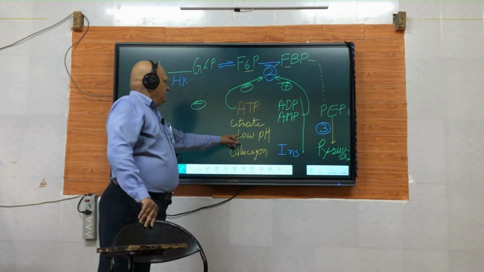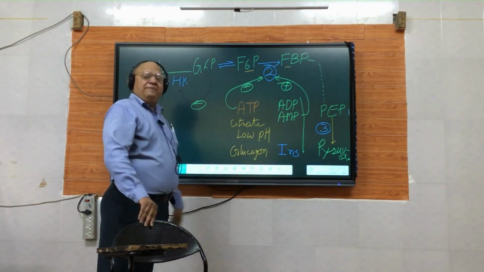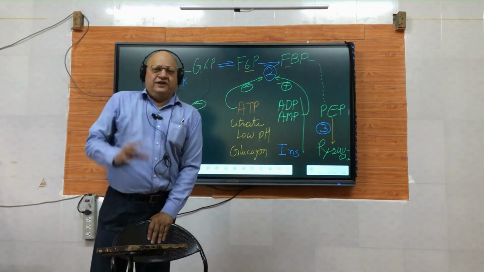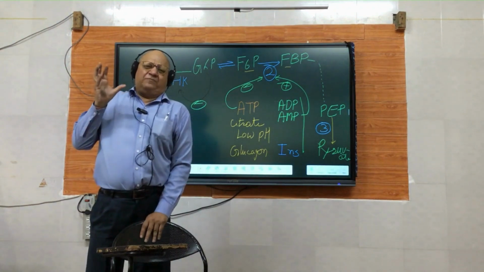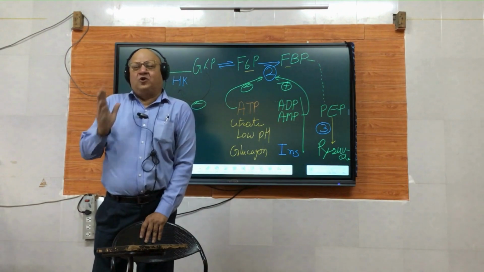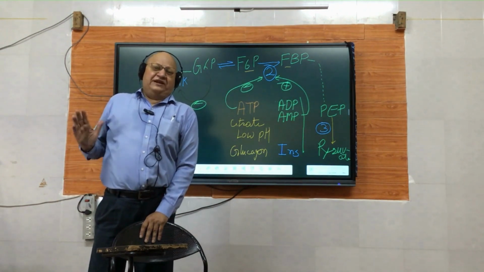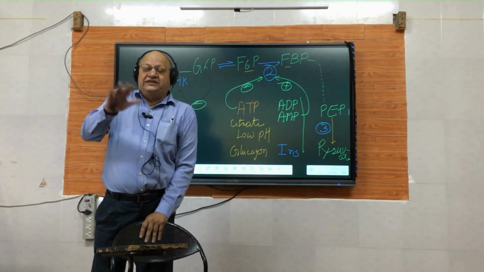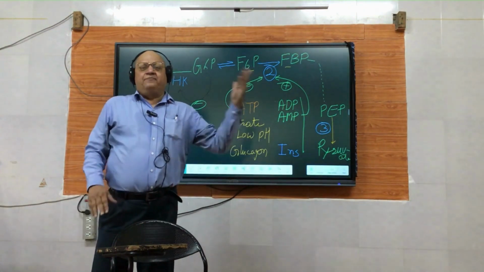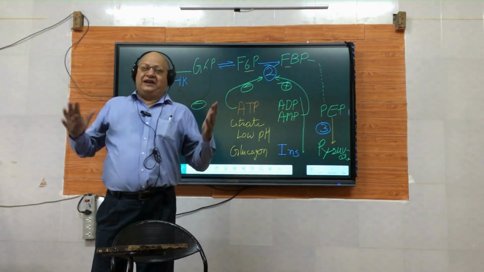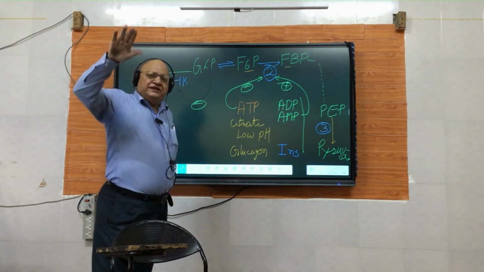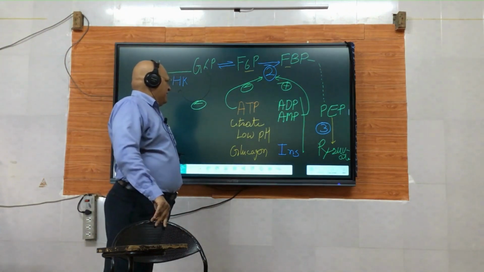And then low pH, it is an inhibitor of glycolysis. Return to that contracting muscle, where very fast contraction is happening, a lot of pyruvic acid and lactic acid are being generated, and acidity rises, so pH falls. So this end product inhibition is there, indicating that no more of it is required. So glycolysis dampens with the falling pH.